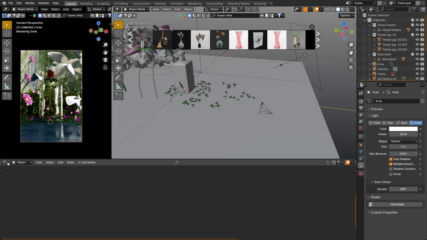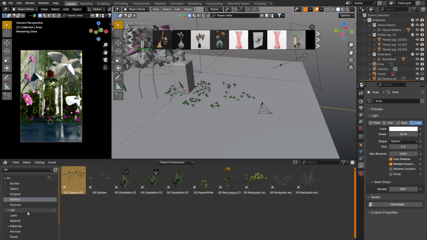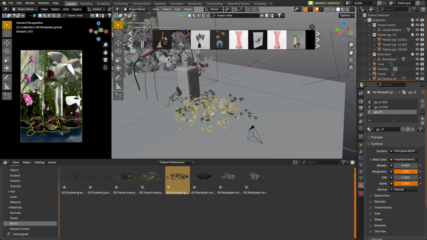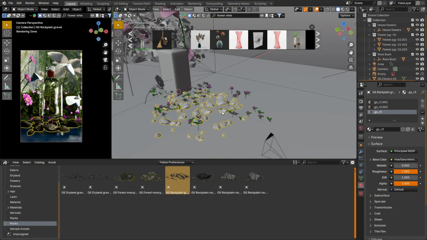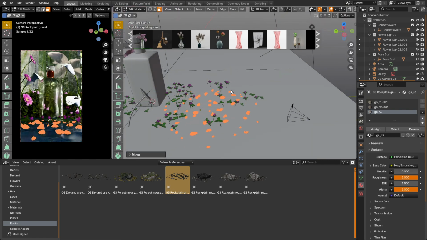Now let's turn to my library assets. I want to use the stones that I have. But the thing is that they are quite large. So we go into the editing mode, with the transformation pivot point set to individual origins, select all the stones and reduce their diameter, in order to place them on the floor.